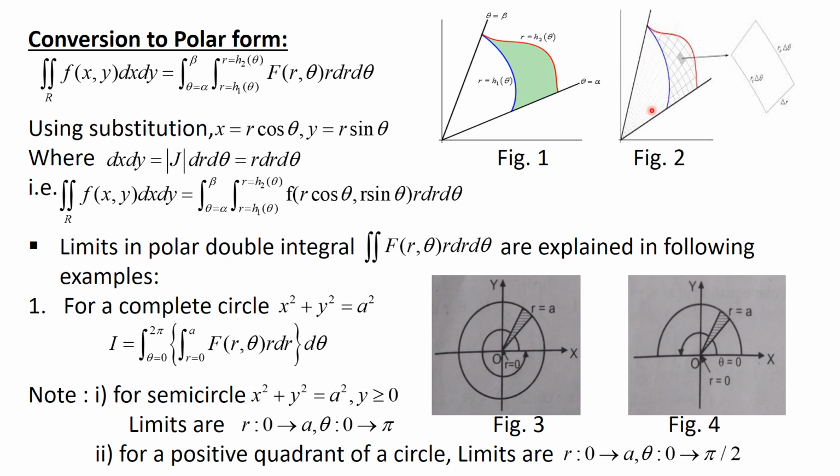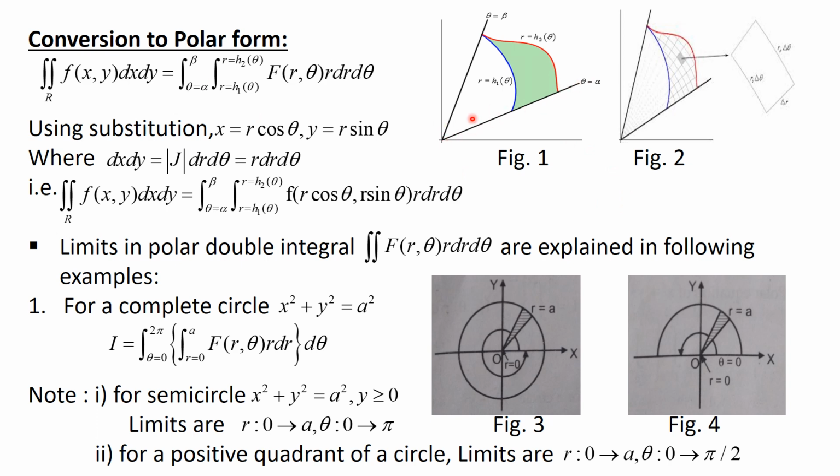This diagram we can split into small regions, considering the straight lines and the circular form. The interesting part is that every region gets converted into a block bounded by two straight lines and the region in terms of circular forms. Summing all these blocks gives our double integration of the function in terms of r and theta. So how do we use this function in terms of r and theta? It is the double integral of f of r, theta, where r varies from h1 to h2, from this region to this region, and theta varies from alpha to beta.